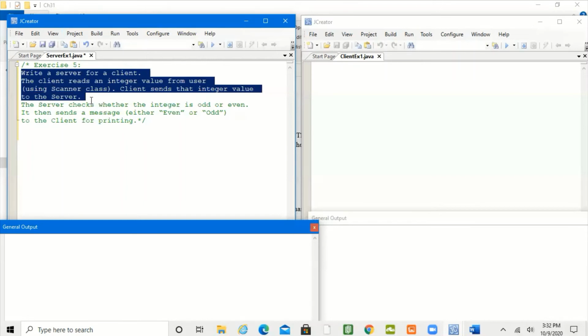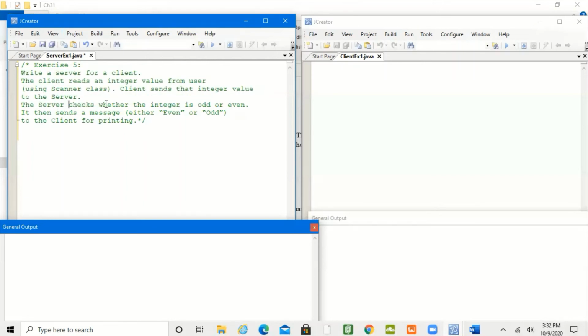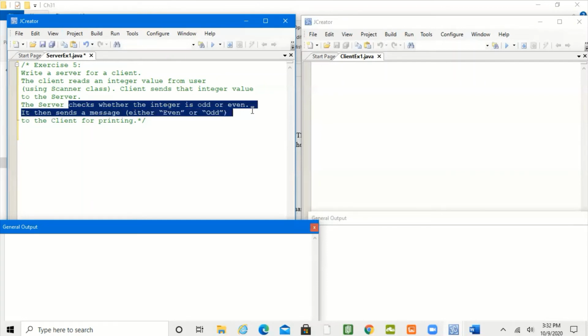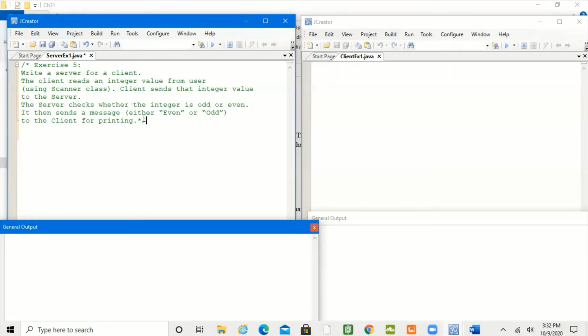The server receives the value and checks whether the integer is odd or even using the modulo division operator. The server sends back to the client a message saying the number is even or the number is odd. The client prints that message. So this is the question.